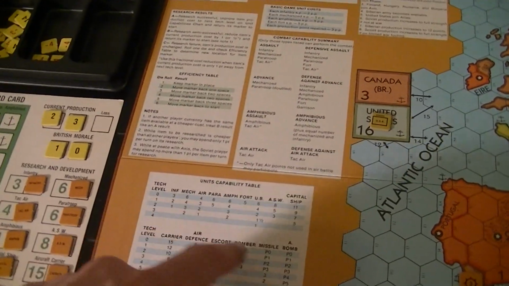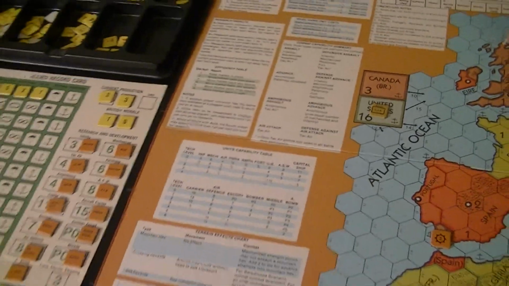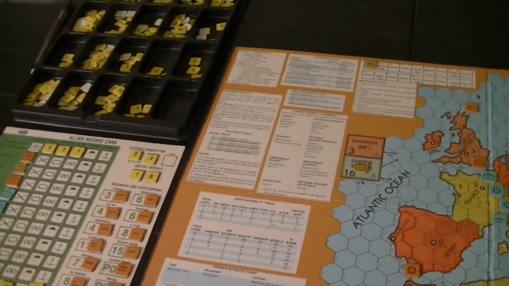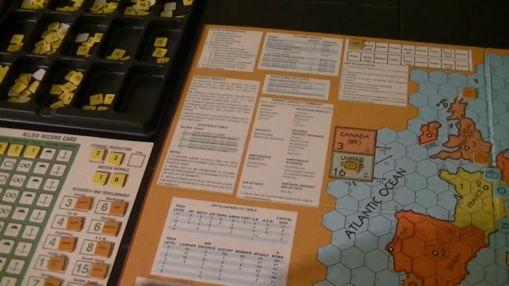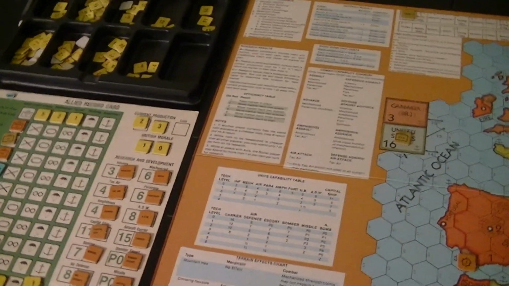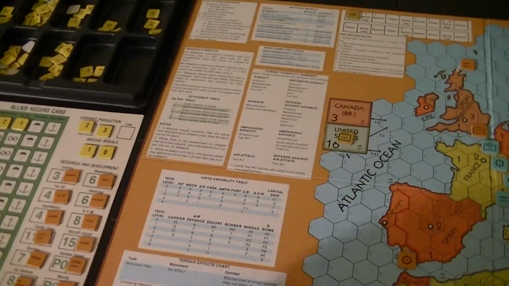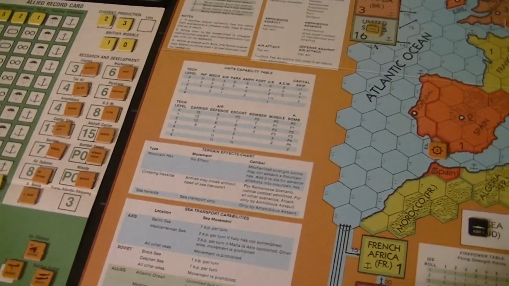This is your purchase chart, which shows how many resource points you're going to spend at different tech levels. But that is traced here. We really worry more about the cost of the units than some sort of tech level for the most part. Terrain effects and sea transport,